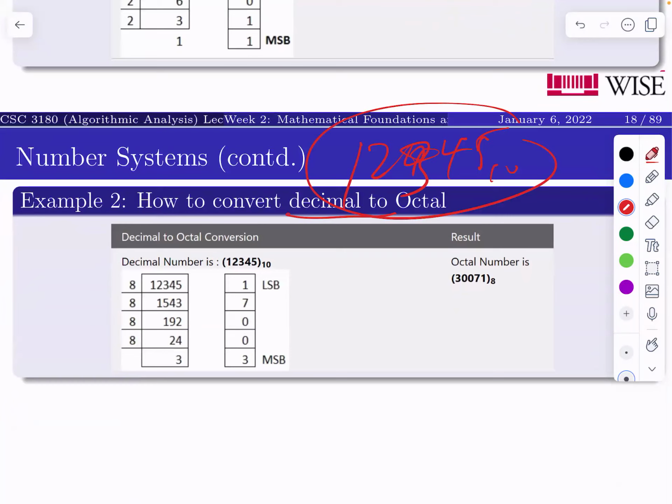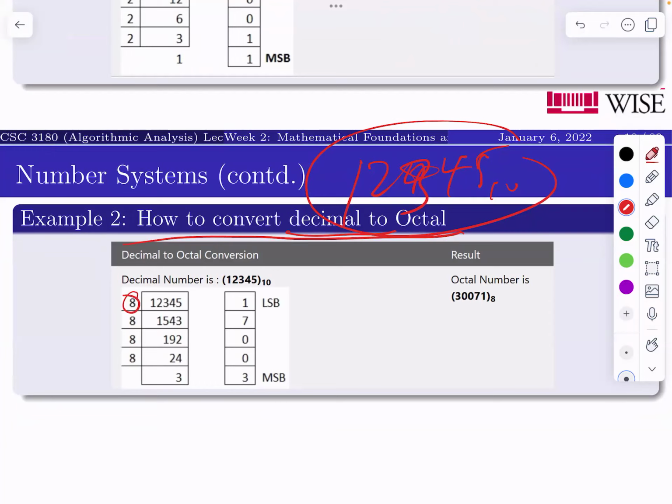If you want to convert it to octal, which is base 8, you also have to divide it by 8. When it was binary, I had to divide by 2. But now I am converting decimal to octal, I have to divide by 8. And if you divide that number by 8, you keep track of the remainder, and you have to read